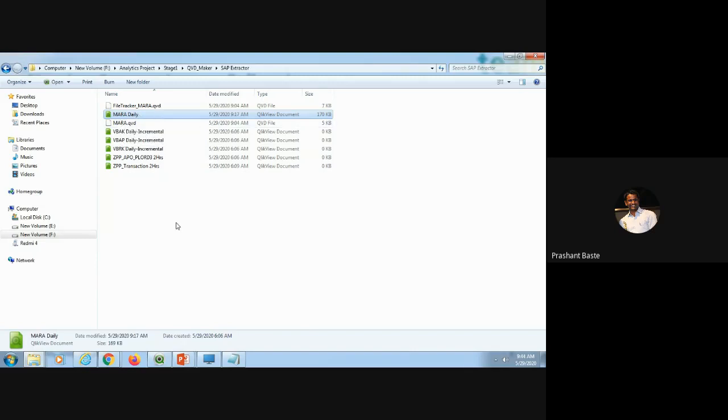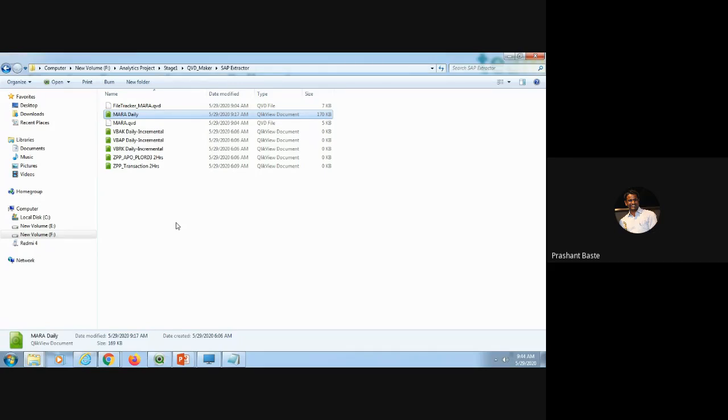As we know, we are extracting data at different frequencies, like daily, in some cases hourly or every two hours, or maybe twice a day. Likewise, the frequency is set for the extraction of the tables.